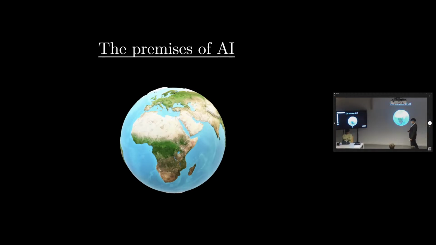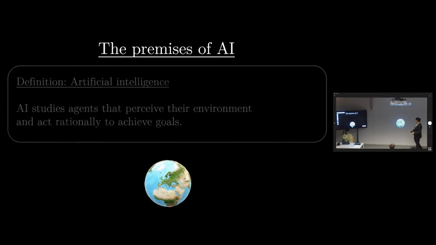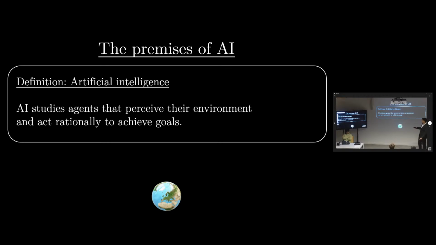AI is surprisingly a very old subject. It existed since the 90s, 80s. A lot of people tried to solve problems with AI. But from the beginning, I'm talking about AI. A lot of people here maybe don't know what exactly AI is. So let's all agree on what AI is. Artificial intelligence: agents that perceive the environment and act rationally to achieve some goals.